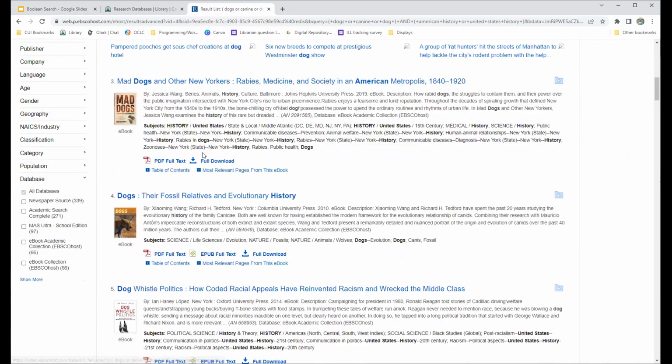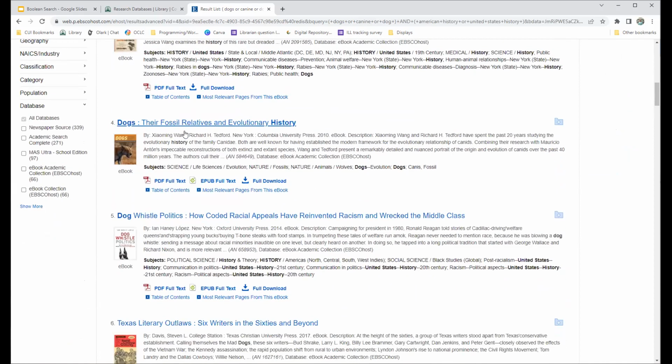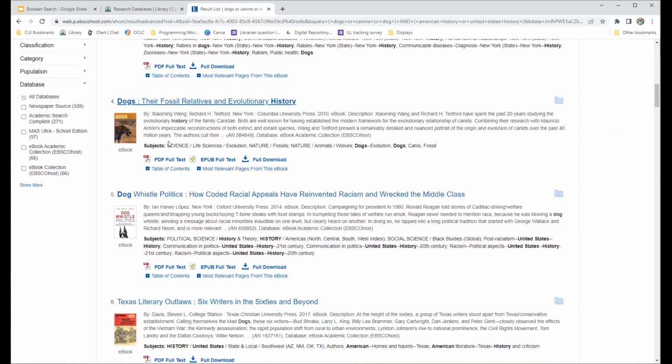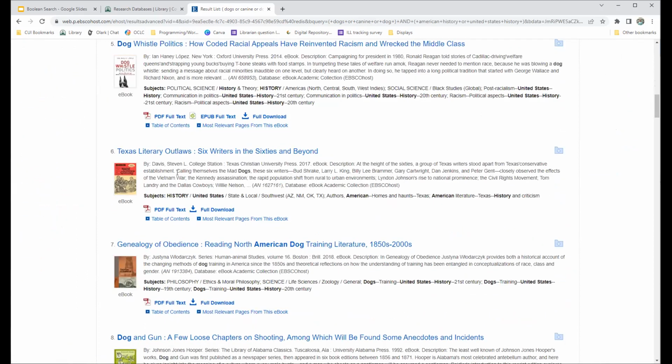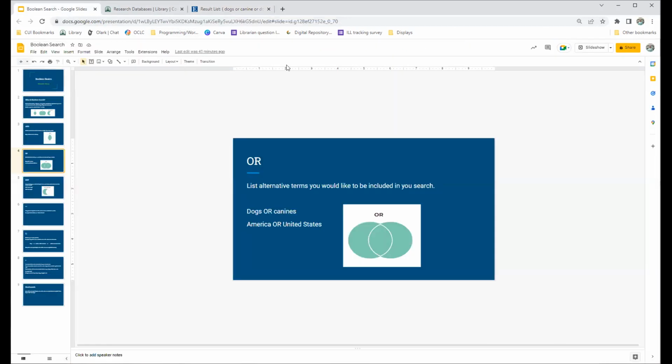But you can also see some of these mad dogs were not quite what we're looking for. I believe there's also one that refers to some sort of outlaw gang. Not what we're looking for. So that leads us to our third Boolean operator,